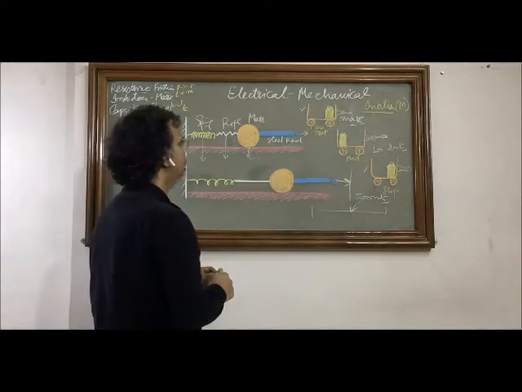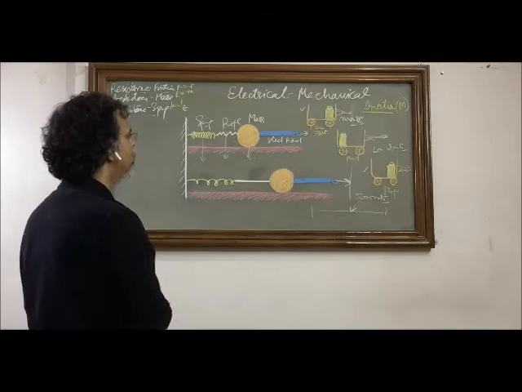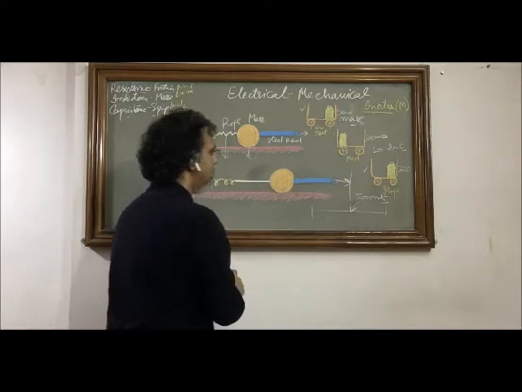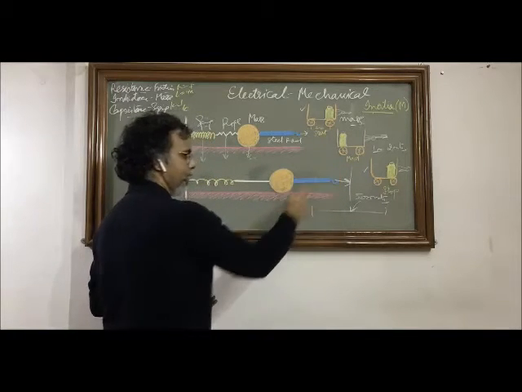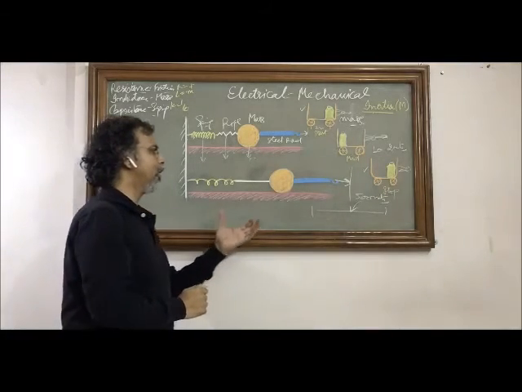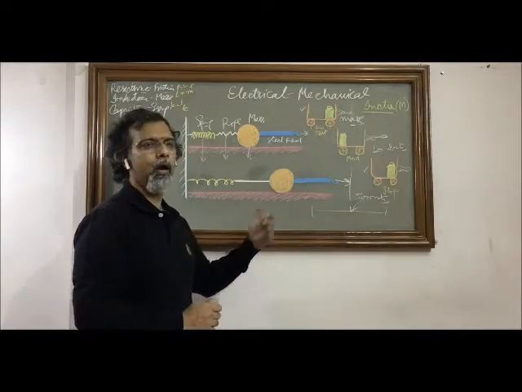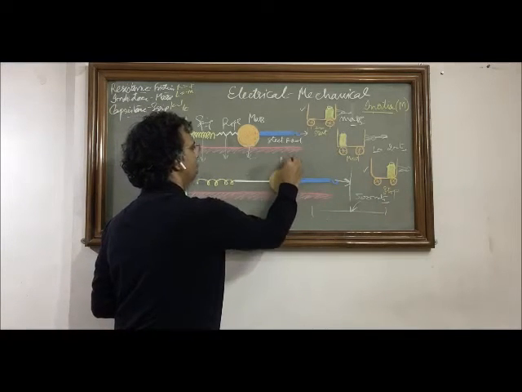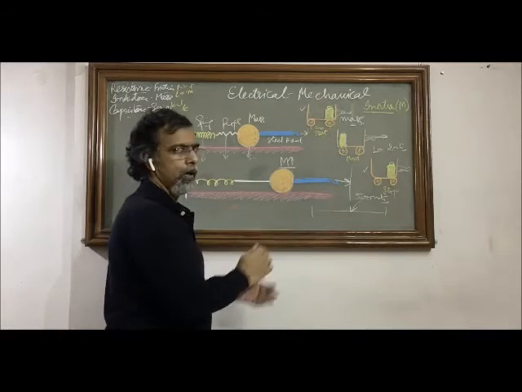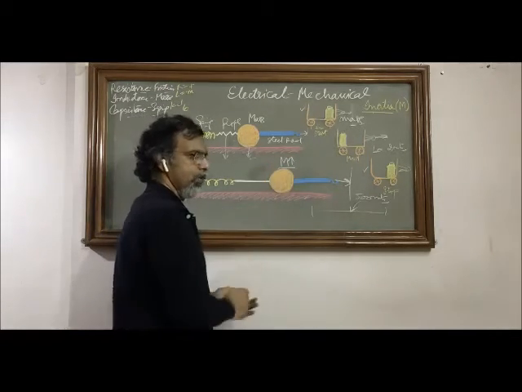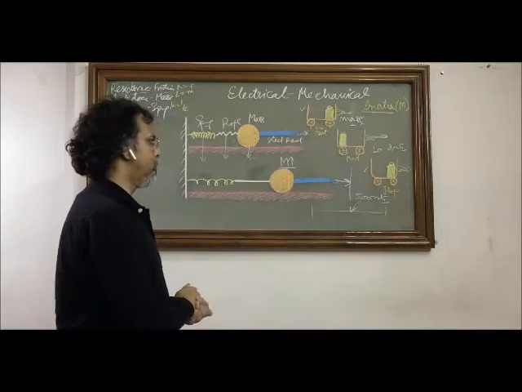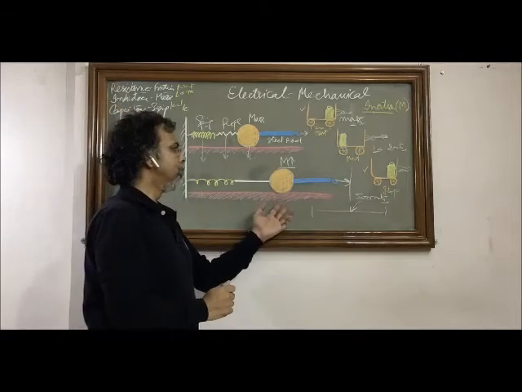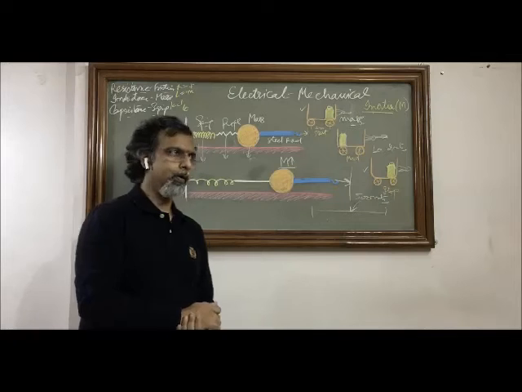Now just think in how many ways I can oppose, or put resistance, or put opposition to the force that is applied, to make the work of this man or this force harder. What are the different ways in which I can make this complete work harder and harder? The obvious thing is, first, the more the mass, the harder it will be for someone to pull it from this place to this place. If I make it 10 times, maybe it becomes impossible for someone to move it from this place to this place. So one thing is mass. The more the mass, the more will be the opposition to this movement.